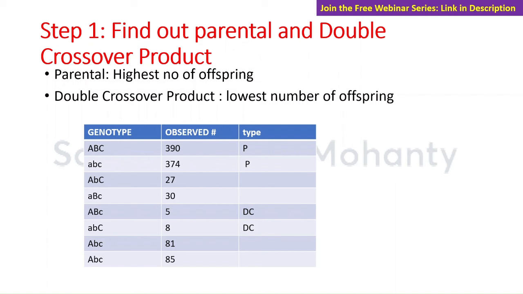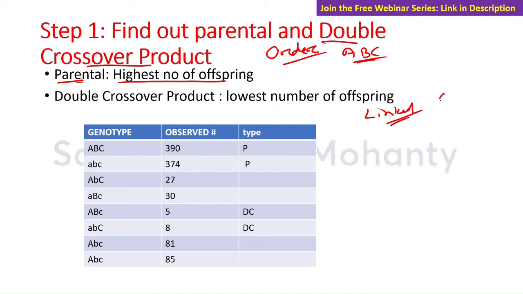Parental type means exactly the same as the parent, meaning no recombination happened between the genes. And what are the double crossover products? From the double crossover product you can easily find the order of the three genes: gene A, gene B, gene C. So how do we find the parental type? It is the highest number of offspring,